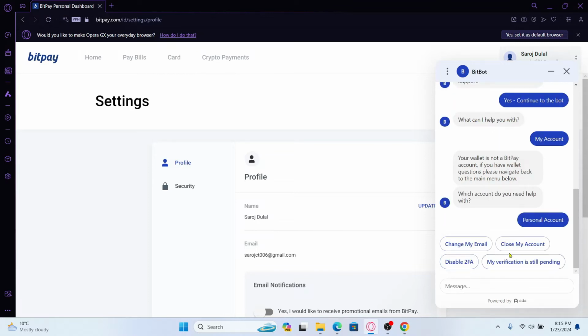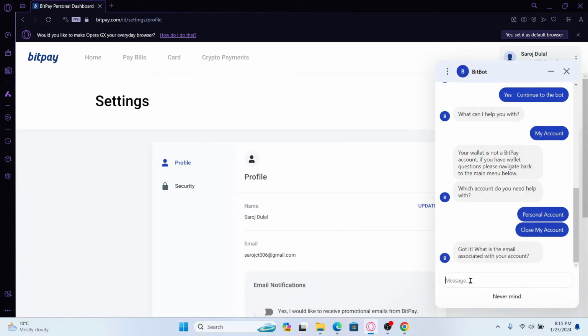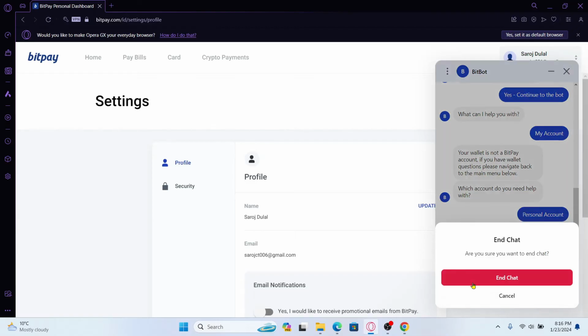Now from this page, simply click on close my account and you will be asked to enter the email address associated with your account. Just type in your email address and you might also be asked to enter your password. So just proceed forward with providing your email address, and then once you continue forward and verify that you really